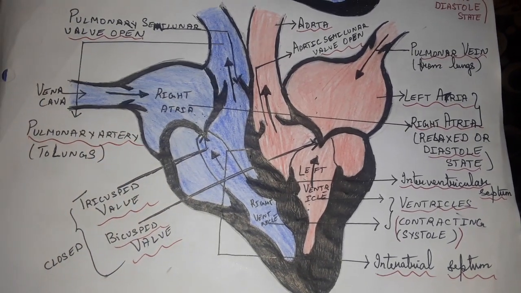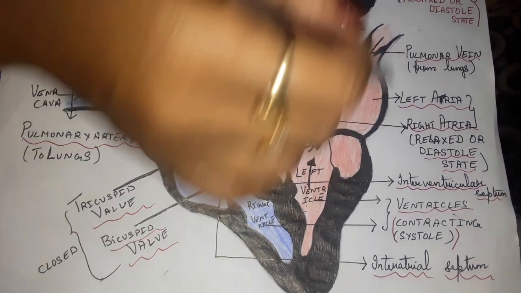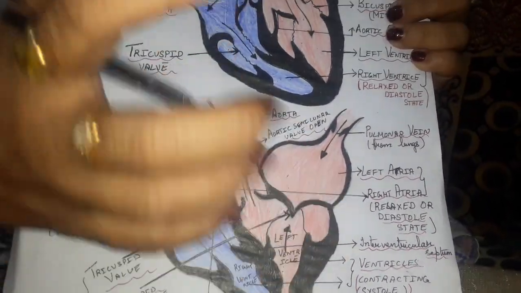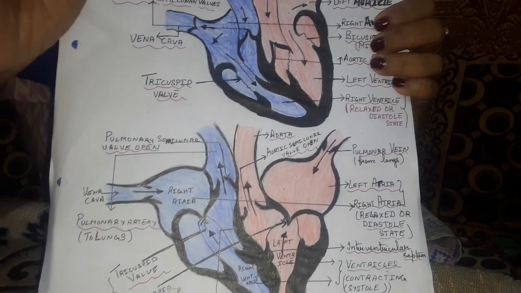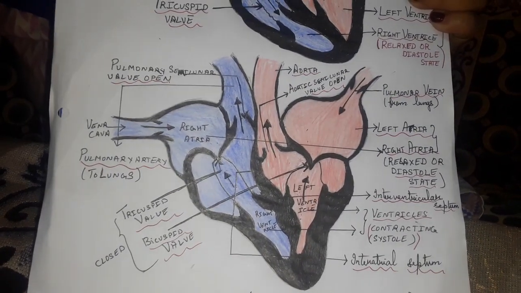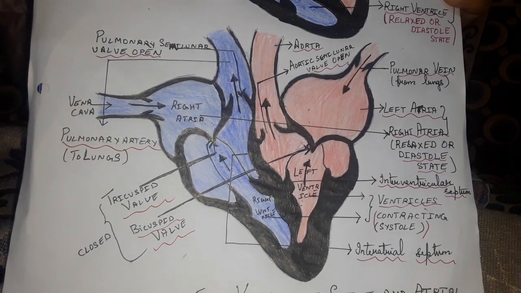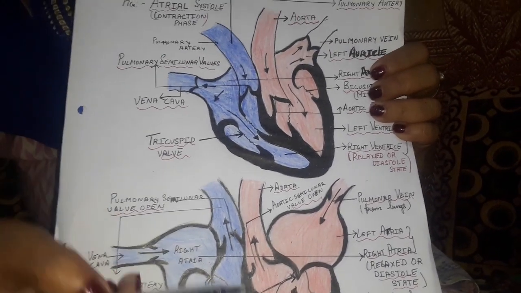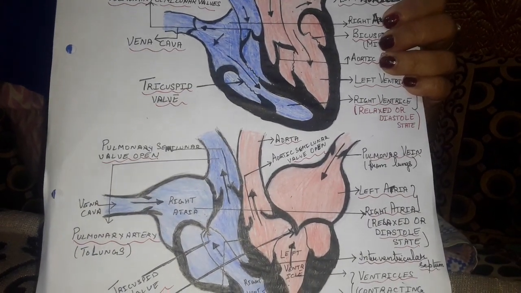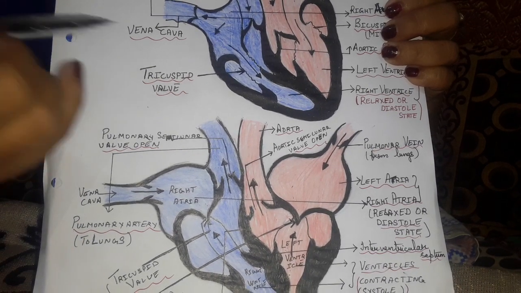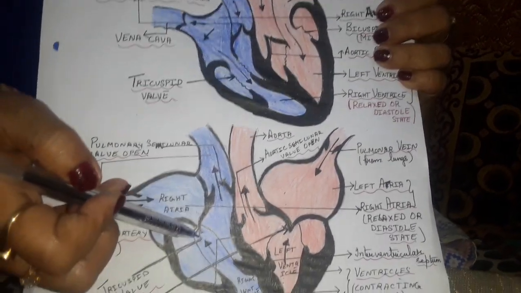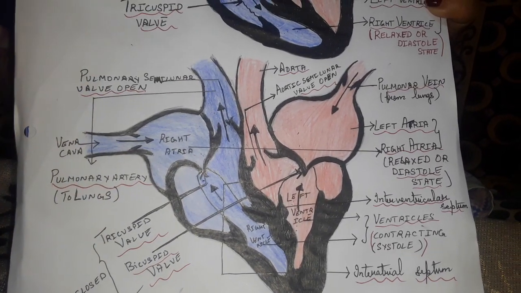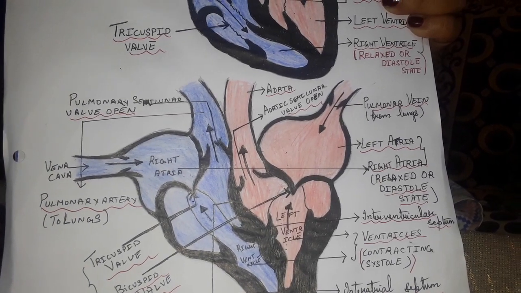Now, there are two heart sounds produced. One whole cardiac cycle, that is alternate contraction and relaxation of the auricles and the ventricles, takes place in about 0.8 seconds. It is so fast. Now, it also refers to the one heartbeat, which is 72 beats per minute. Now, there are two heart sounds produced that occur due to the closure of the valves. Clear? Those are lub and dub. What are lub and dub? These are the two heart sounds produced.